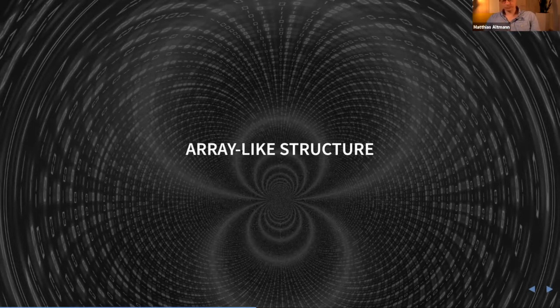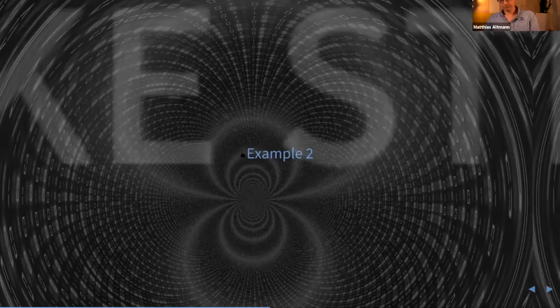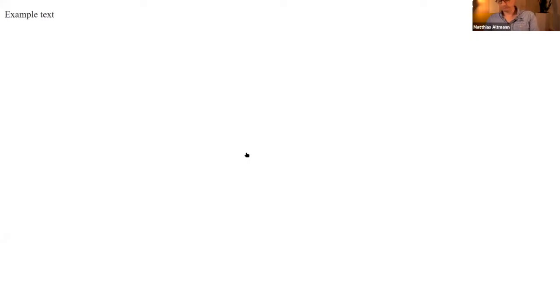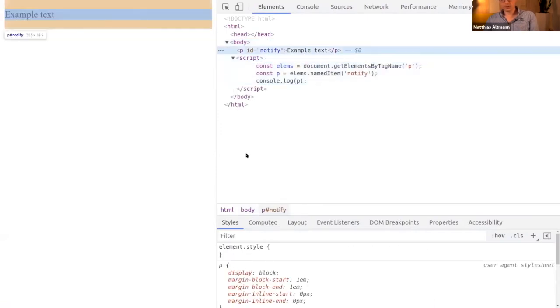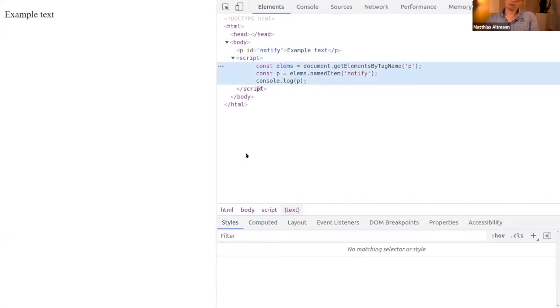So HTML collections is an array-like structure which you can use to iterate over. And I'll show you here an example. If you have, for example, a p tag with some text in it, you get all the p tags and store them in the variable elements.